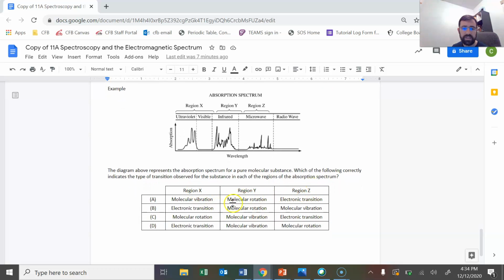Region X, Y, and Z. X is going to be the highest energy. That's electron transition, so it's got to be either B or D. Okay. Molecular rotation would be microwave radiation. So that would be in region Z. And molecular vibration, that's infrared. So the correct answer here